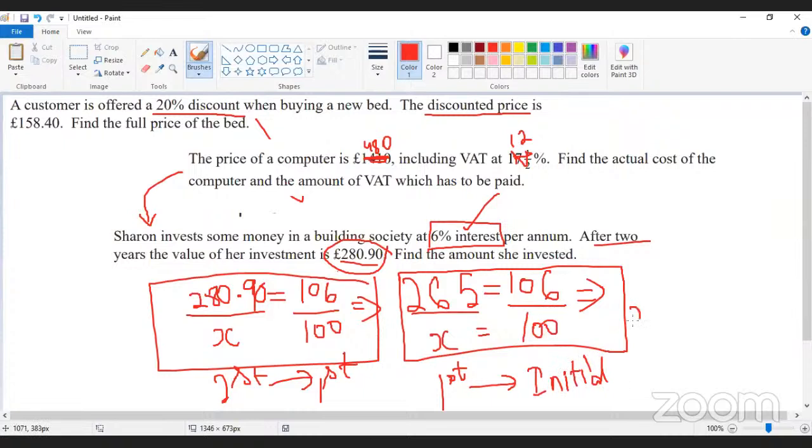Okay, for 2 years we are doing it. So he's starting with 250. He invested 250, he got 6% interest. Again, from that, he's getting 6% interest, and it goes on. So only for the 2 years they are given the data, that is 280.90 euros. So with that, we are going in the reverse process. The first reverse step says that he has got only 265. The next reverse step says that he got 250. So that was the initial amount of investment. Are you clear with that?